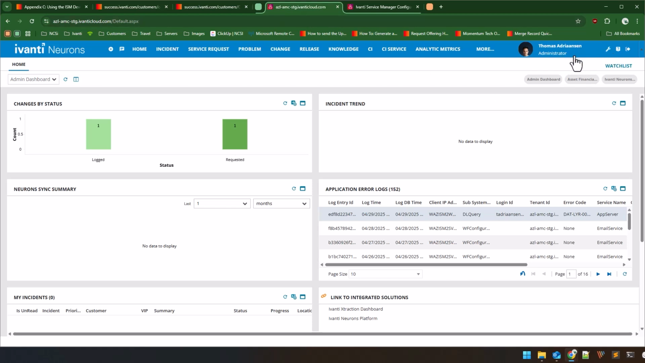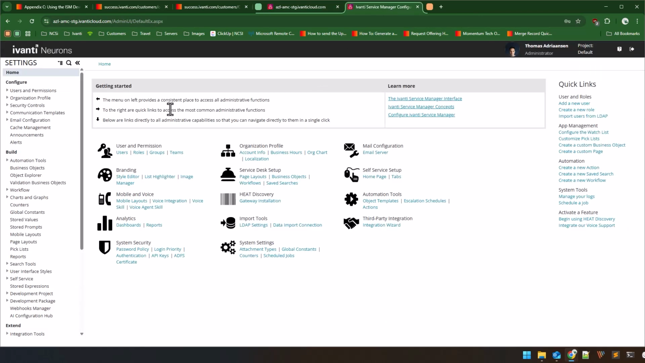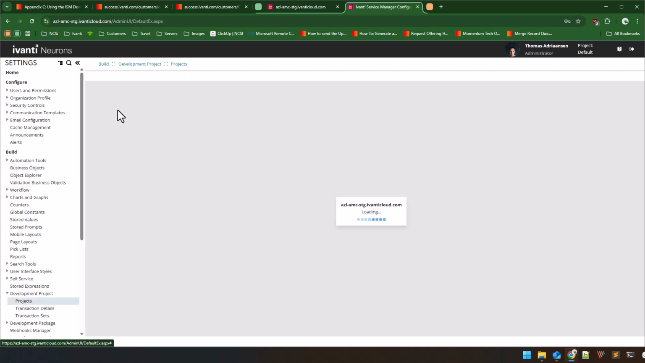Only the administrator is able to come in here and make configuration changes. When you're logged in as an administrator, you'll click on this little wrench icon, and this is going to pop up your administrative area. What you'll notice in the top right is it's going to say project default. Any configuration changes that you make are going to be stored in projects. So in development project down here on your left-hand side, under build, we can see